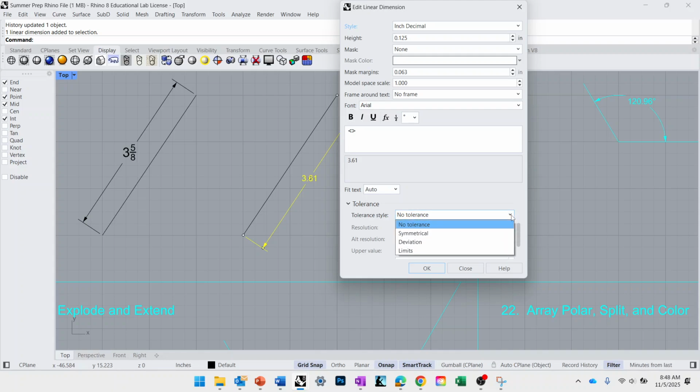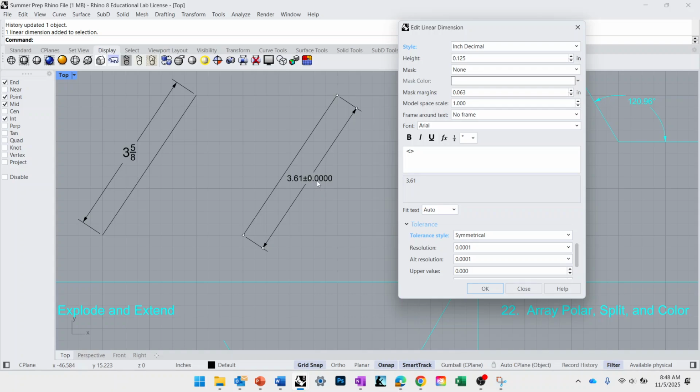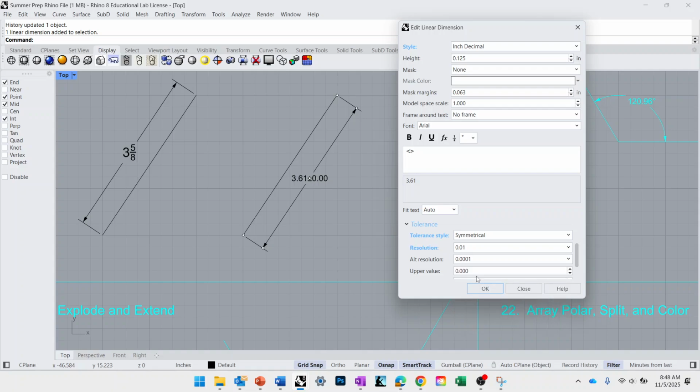But if you say a symmetric tolerance, what Rhino is doing is saying, okay, we can go up a little bit or down a little bit. How much would you like to go up or down? Let's say I want to set it to 100th. Now I don't know why it says 0. Oh, the upper value is 0. Oh, that's why. So we'll do the upper value to be 100th larger,